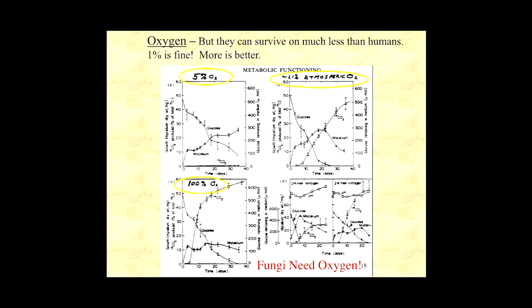I just pulled this out of some old literature. The bottom line is that fungi need oxygen just like we do. But they can survive at much lower levels of oxygen than we need. The oxygen level in here right now is probably about 21%, maybe 20%, because we've got a lot of people and we're all breathing and respiring. We can survive at oxygen levels down to about 16%. The fungi will go all the way down to 1%. So what does that mean?